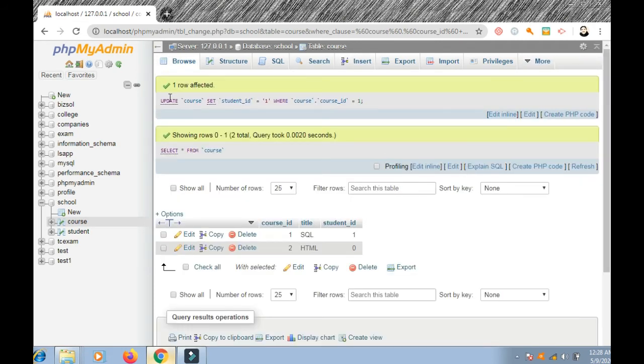And you see the update statement. Update table name set student ID is equal to 1, where course.course ID is equal to 1. So student ID is 1. Now I also update, you see this has been updated. Now I also update this HTML. Okay. I press edit. You should use SQL update statement, right?